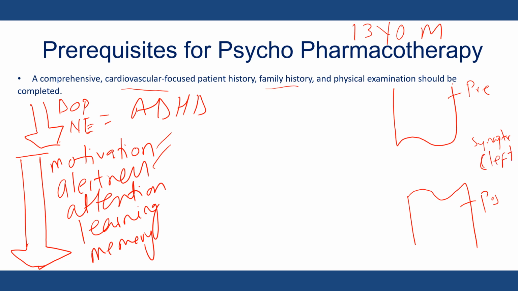So presynaptic cell, these are neurons, right? They have multiple vesicles in them. These vesicles have a lot of neurotransmitters like acetylcholine, serotonin, but the two that we are interested in right now are either dopamine or norepinephrine. So let's say dopamine is released